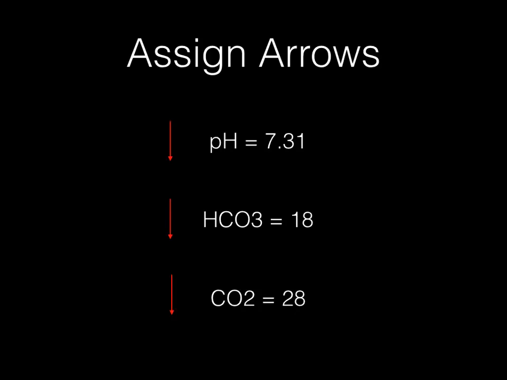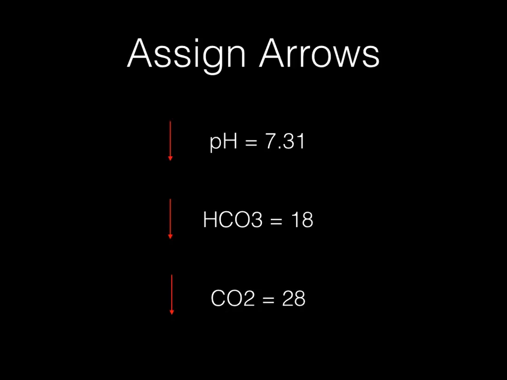We know that his pH is down because normal pH should be 7.40, but his is 7.31, therefore pH is down. We know that his bicarbonate is also down because what's the normal bicarbonate? Well, that's our numerator and it's 24. So this patient has a decreased bicarbonate. And then for carbon dioxide, it's also decreased because we said that carbon dioxide, our denominator, should normally be 40. So all three of his values are decreased.